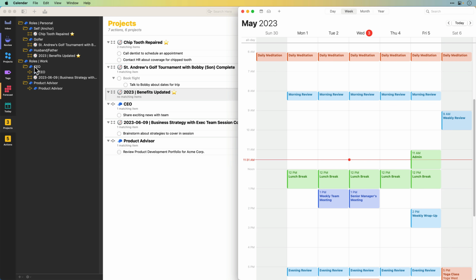So putting your beats in your calendar and holding that space as sacred space is a good thing. And just to add to that on a very practical level, one thing that can be very useful is you could even take one of these folders like the CEO role. I could drop it right onto the calendar. And in the process, it's created a link back to OmniFocus. So when 10 a.m. tomorrow shows up, I can just click on that link. I'll be taken exactly where I need to be in OmniFocus, and I can go to work.